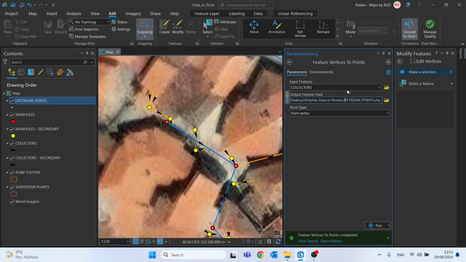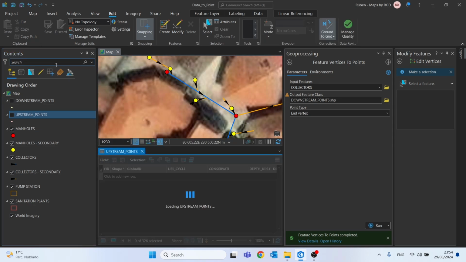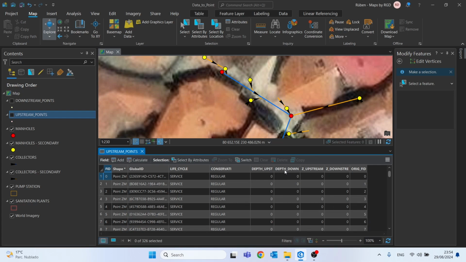Let's take the opportunity to do it for the downstream as well. So just change these to downstream, and the point type now is the end vertex, okay? Let's click run. We can see that if we check the downstream, the first manhole never has a downstream point. Let's check the attribute table of the upstream, for example, and these are the elements that we need to fill,